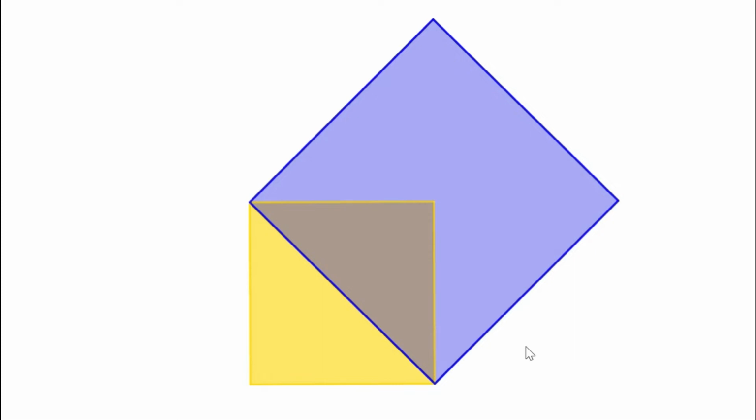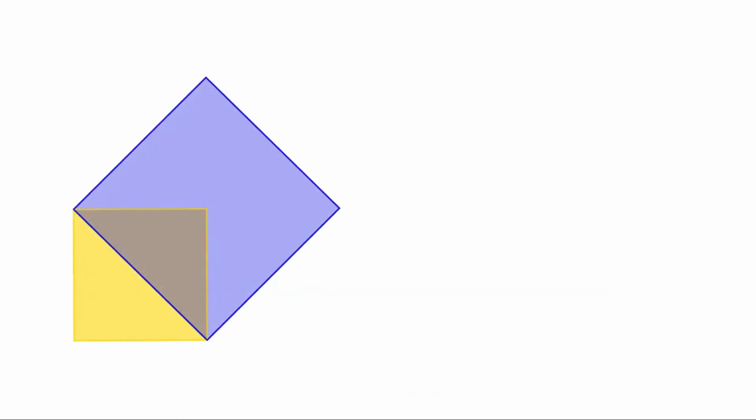Can it be any fraction between 1 and 2? Let us check. Area of this large square is 2 square meters. Therefore, square of its side must be 2. Can it be 1 and a half? If 1 and a half is the side of this square, then 1 and a half square must be equal to 2. Let us find the square of 1 and a half.